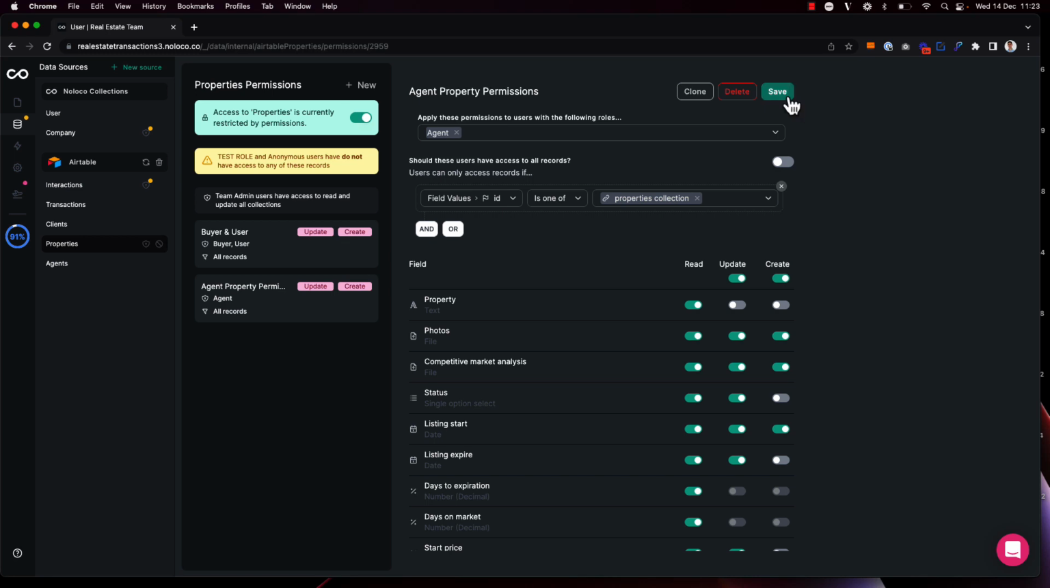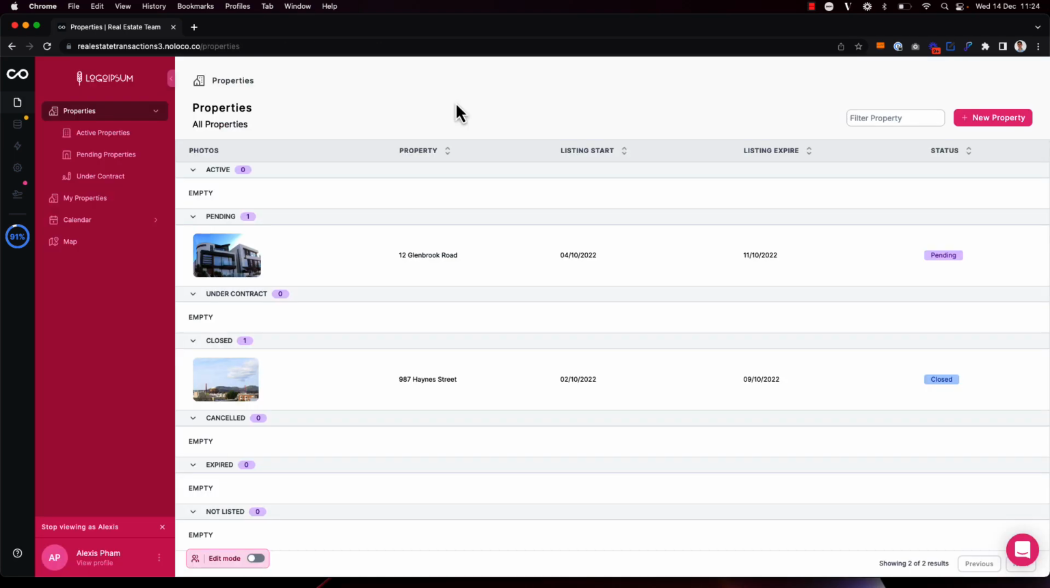Now if we were to save this permission rule and go back to our app, we see that when we're logged in as Alexi, he only has access to properties that he's directly associated with. Whether we look at the My Properties page or the overall properties listing, he can only see 2 records, whereas previously he could access all the